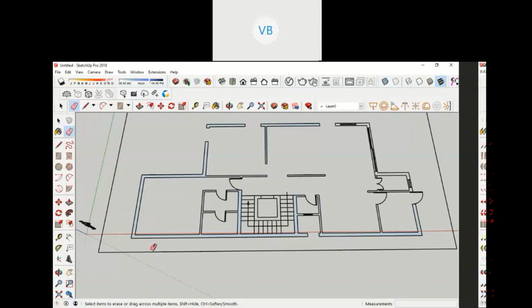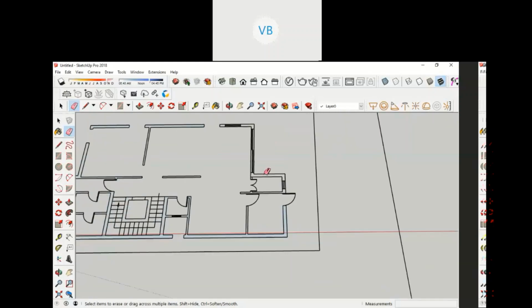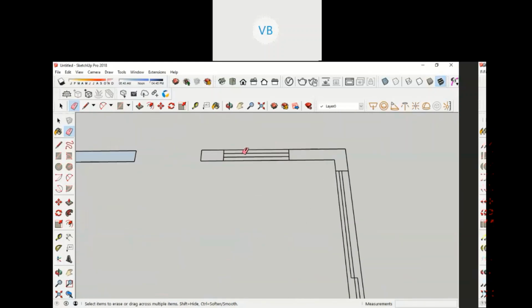That would be complicated. So instead, in SketchUp, go to preferences and set your unit to feet and inches. Okay. So I don't have to worry about this.